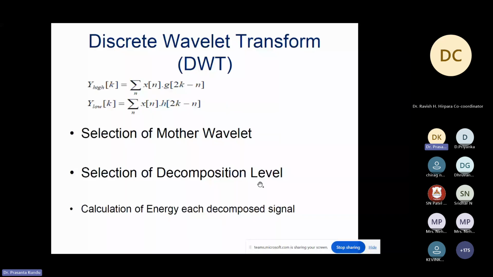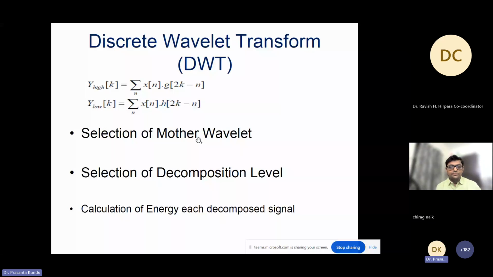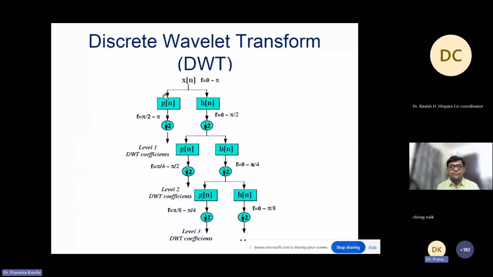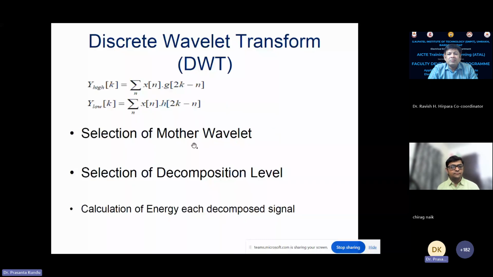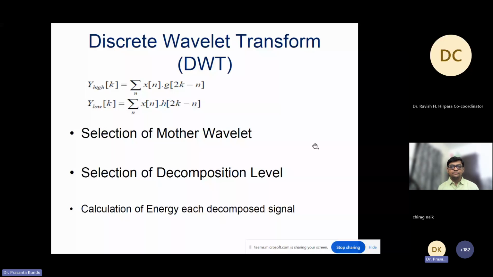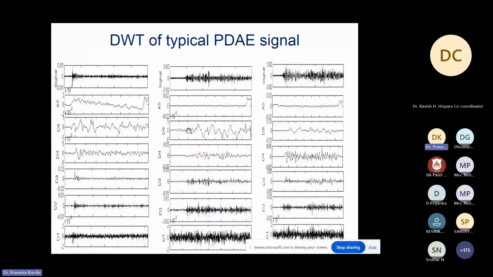It could be 10, 15, 14, 7. How many you are going to get, that is the case. Now the mother wavelet is a filtering technique. You have the original signal, and it is a digital filtering technique. So the mother wavelet is basically the filter in these cases. It is G(n) and H(n), the low pass and high pass filter. So what type of filter functions you are going to use, that is the mother wavelet. There are a few base mother wavelets for the discrete wavelet. Out of these, the one which resembles your non-stationary signals is used. So by the energy decomposition level, we can find out what should be the mother wavelet.